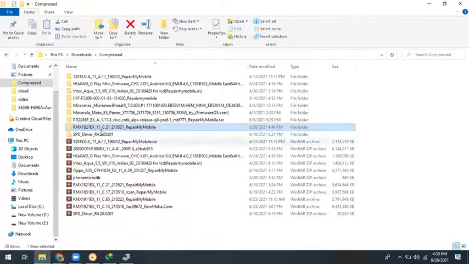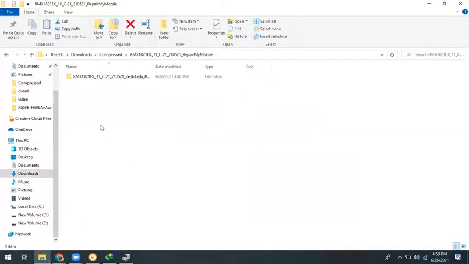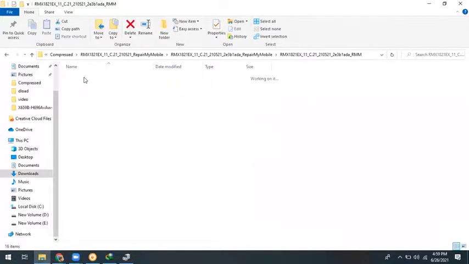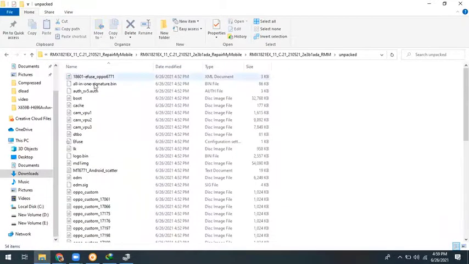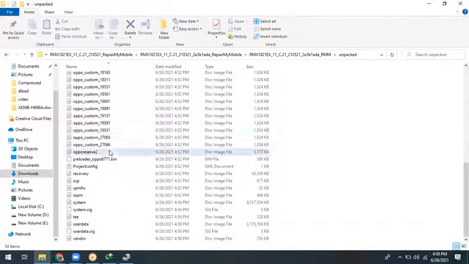So when we have opened the extracted file, we have also got a new folder that is showing as unpacked file. And when you have opened the folder, you have got the simple flash file. While you are using the flash tool, you have got the MediaTek scatter file, MTK scatter file.